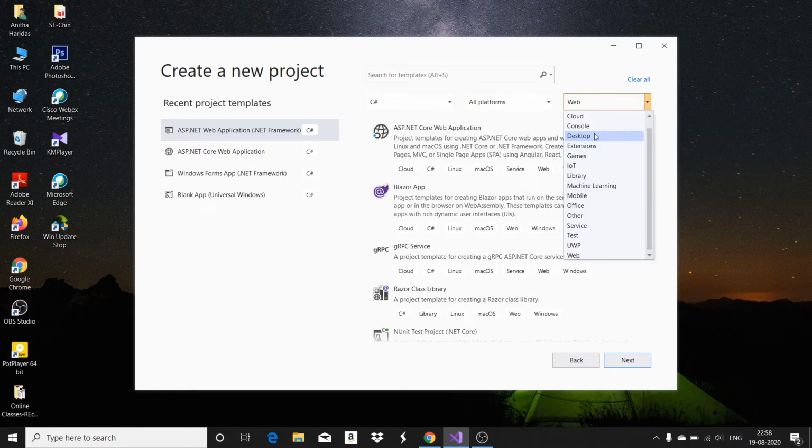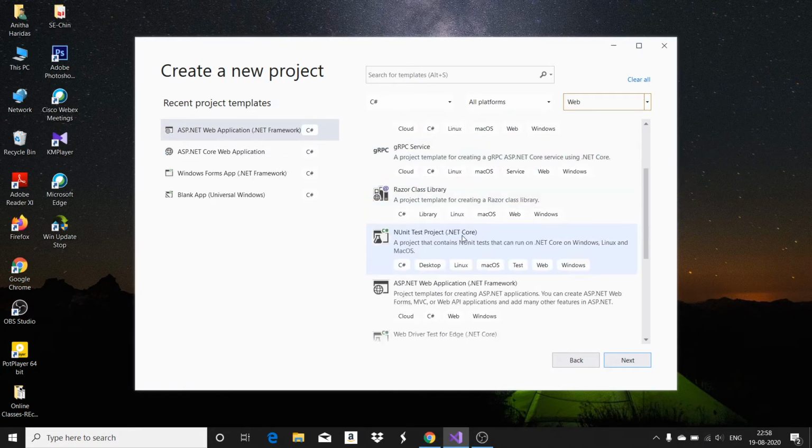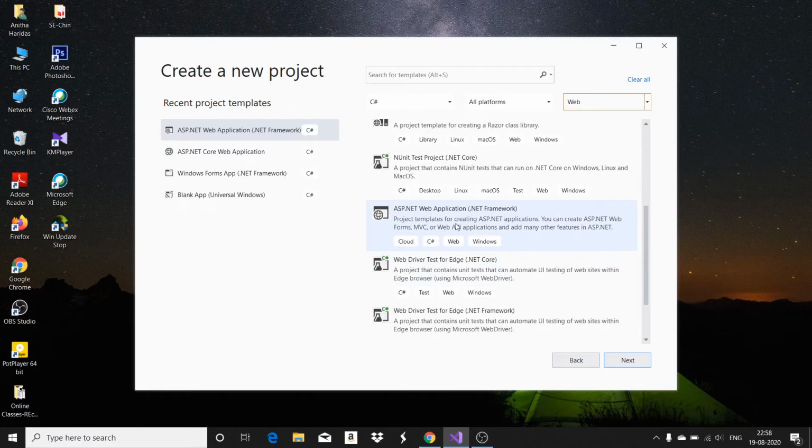Whereas if you want to create a web application, go down and you can see here web, select the web application, and you have lots of web applications. All these things will be available. We go for the .NET Framework ASP.NET web application. So I choose this ASP.NET web application using .NET environment, and I click next.